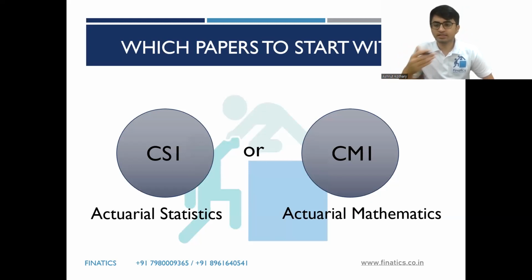CS1 we generally suggest when the time remaining is 3 to 4 months, or less than 4 months. If you have more than 4 months, then we might suggest CM1. Again, it's a function of your education background. If somebody is pursuing statistics honors, CS1 might be more relevant. If somebody has studied CM1 concepts, they might start with that. Somebody could start with CB1, which is finance and accounts, or CB2 as well.